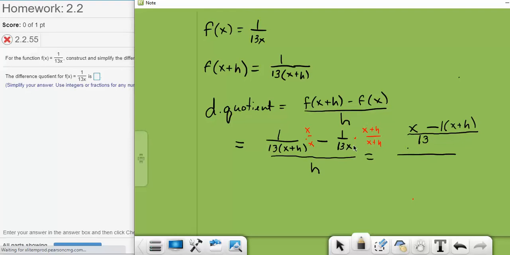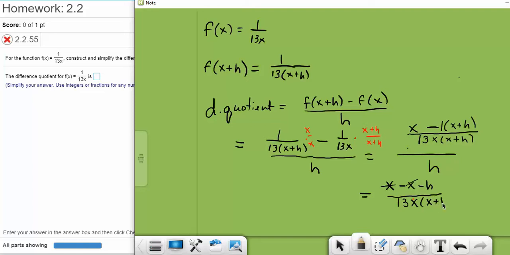So it's 13 times x times (x plus h), all over h. Now distribute the -1 and then combine like terms. So I get x minus x minus h, so the x's cancel, over 13x